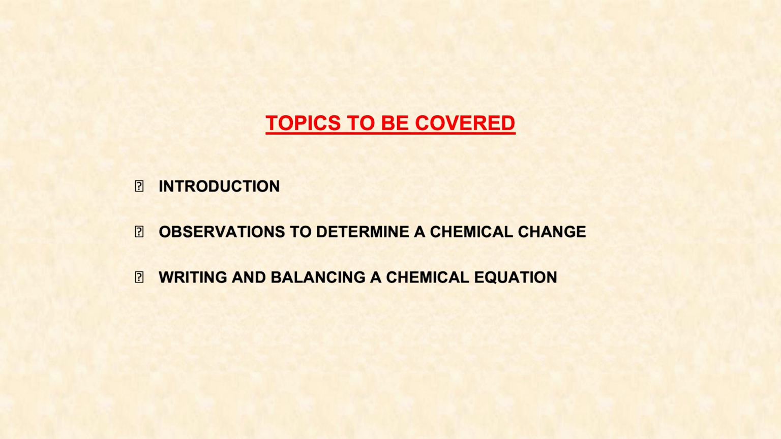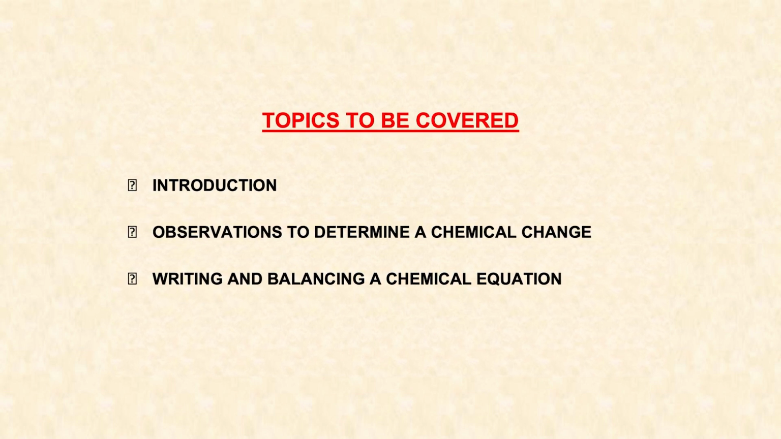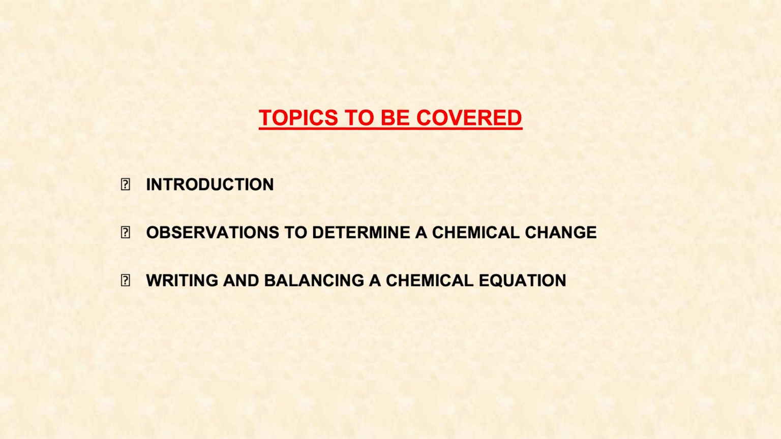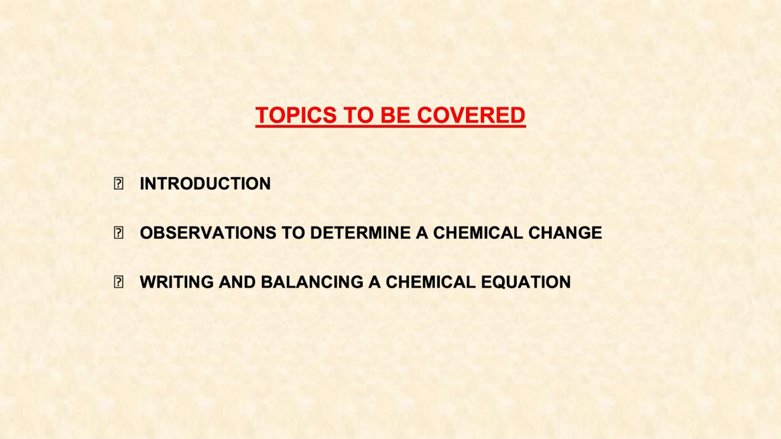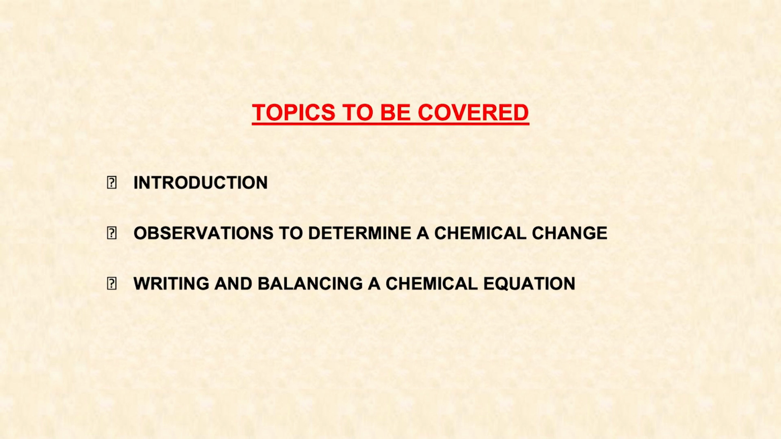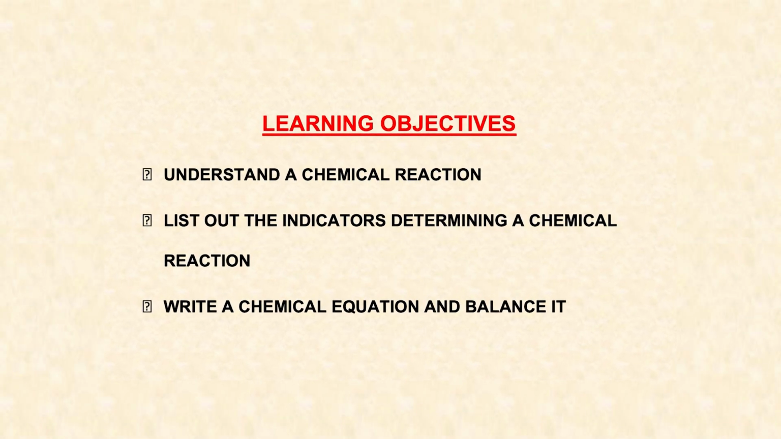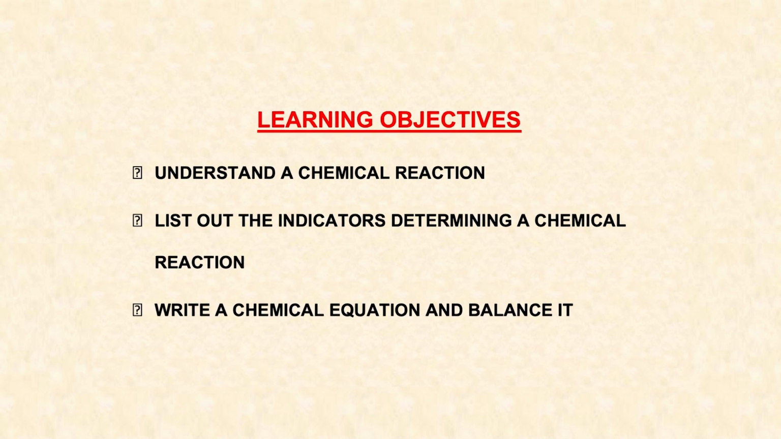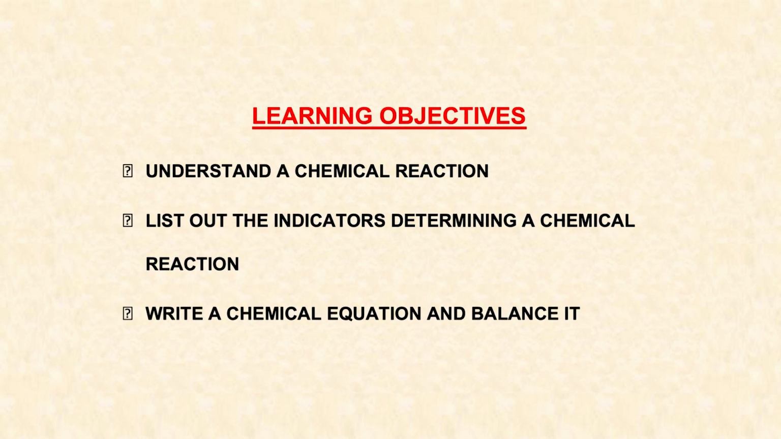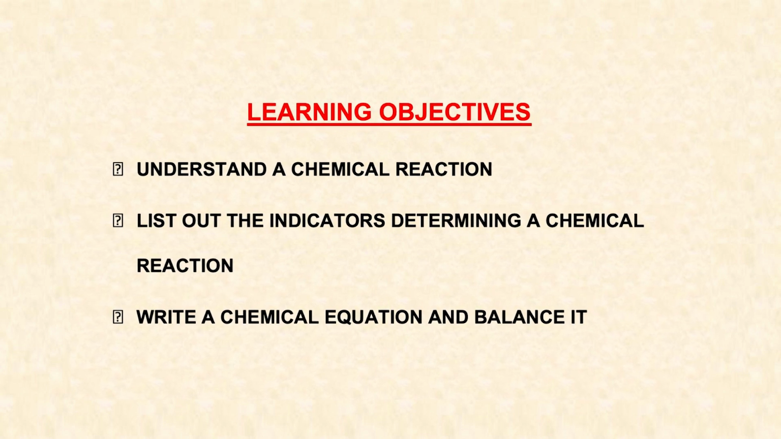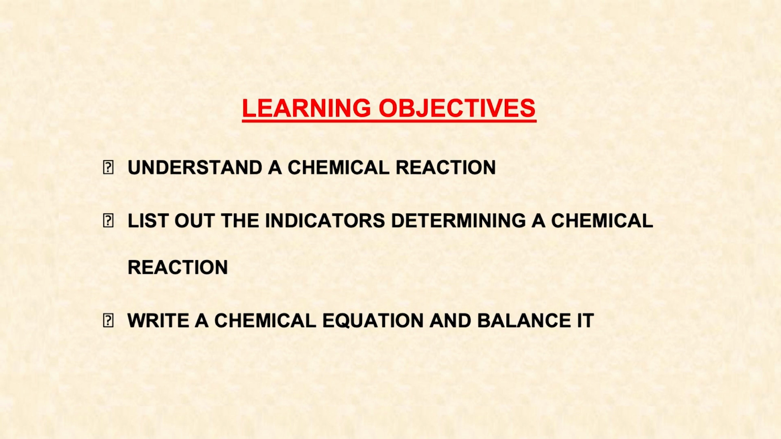In today's video session, we shall take up part 1 of chapter 1, Chemical Reactions and Equations of class 10 Science. Topics to be covered in today's session are introduction of the chapter, observation to determine a chemical change, chemical equations, writing and balancing. The learning objectives of today's session are to help learners understand the meaning of chemical reaction, to help learners observe and list out the changes taking place during a chemical reaction, to enable learners to write